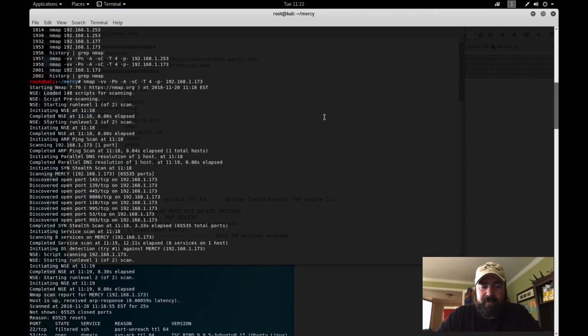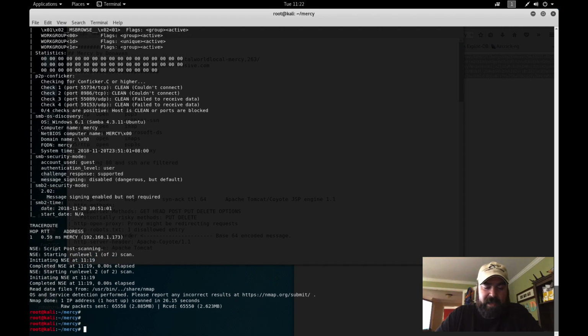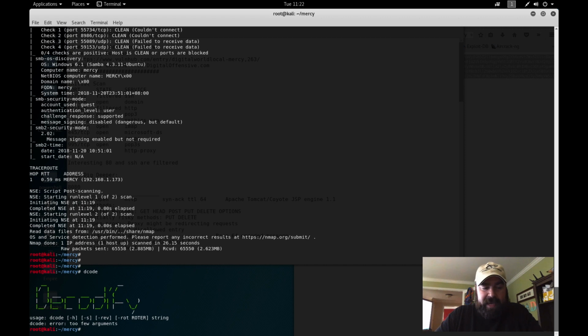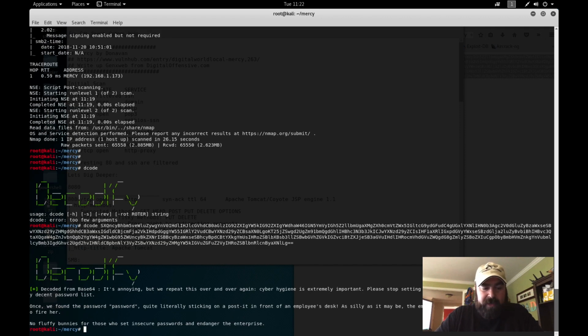What we can do with Decodify, it's found out on GitHub, is basically it will evaluate the hash or the encrypted text and tell you what type of encryption or what type of algorithm it's using, and then it'll try to decrypt it for you. So what we can do here is we can do decode, and then we can paste this in, and we can hit enter, and you can see that I was able to decode from base64, and it's a message that says,